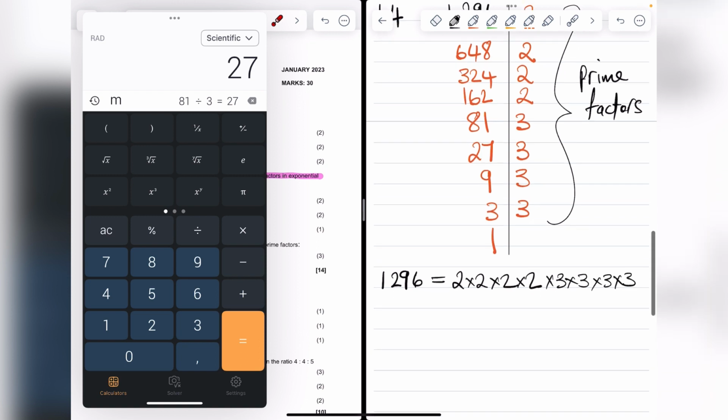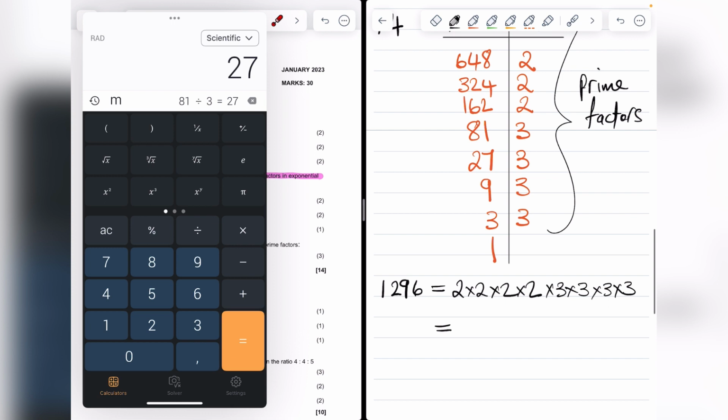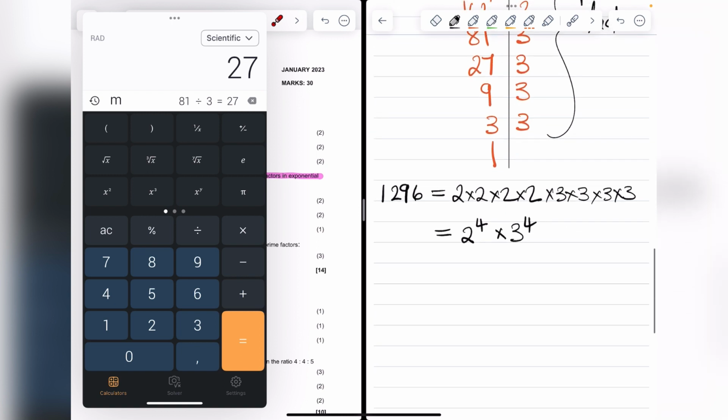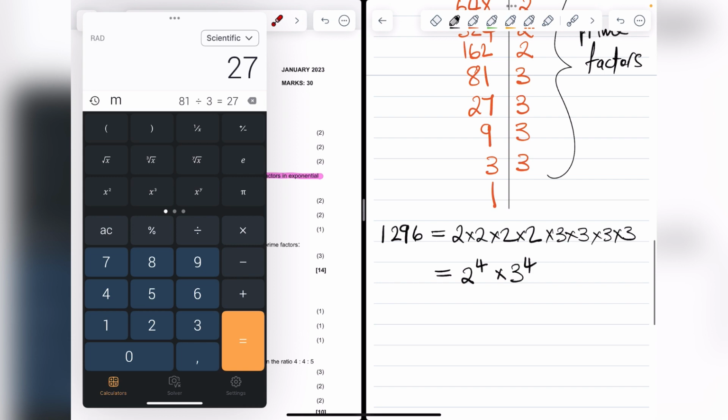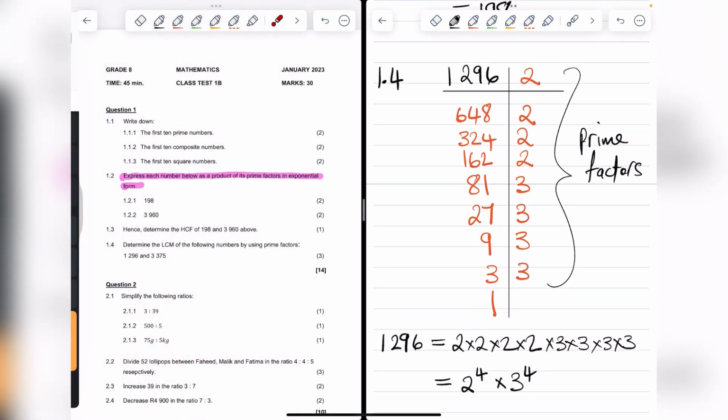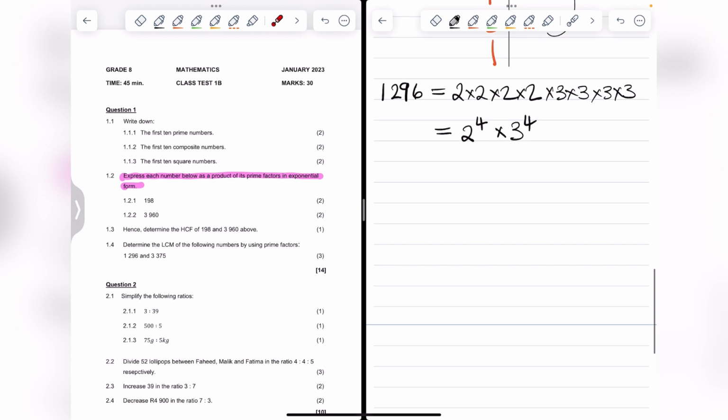And some of you might say, yes, why do we need to write it out individually? Why can't we just go straight to the exponential form? You could go straight to this by saying, okay, that I know is 2 to the power 4 times 3 to the power 4. You can go straight to that. It's quite all right. I'm just doing this, of course, to illustrate what is happening. So that is 1296, and the next one would be, of course,